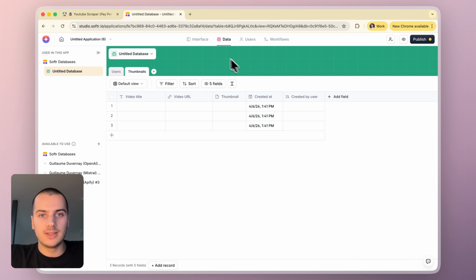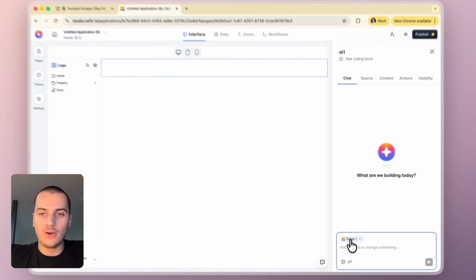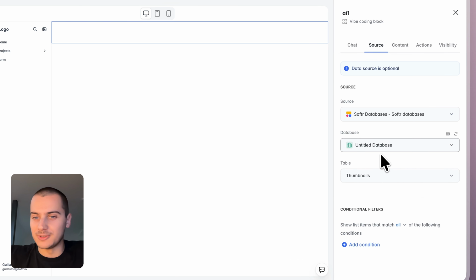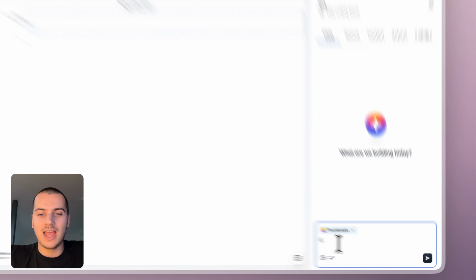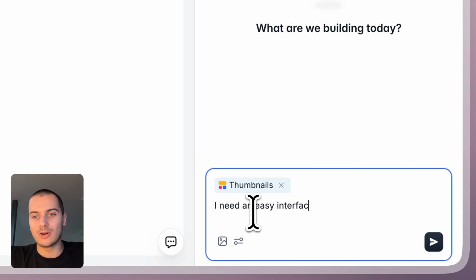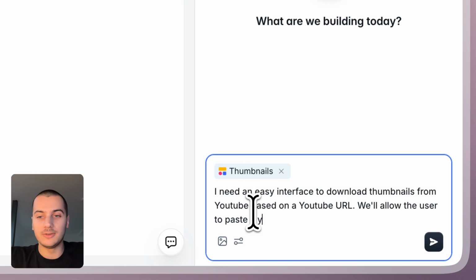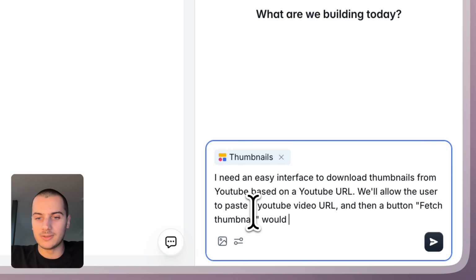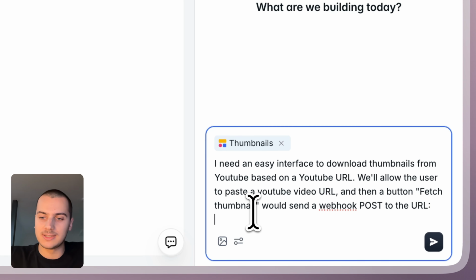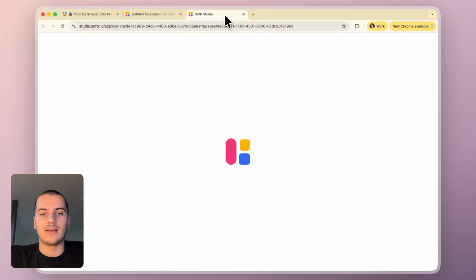Now that the data structure is ready, we can go into our vibe coding block, make sure it's connected to the right table, and start to prompt. And that's where I describe exactly what I need. An easy interface to download thumbnails from YouTube based on the URL, and I describe basically the user journey: allow the user to paste the URL, and then there will be a button to fetch it, and it will send